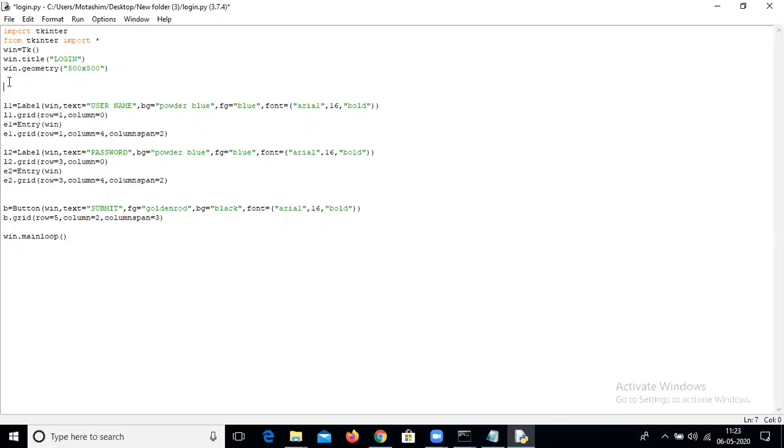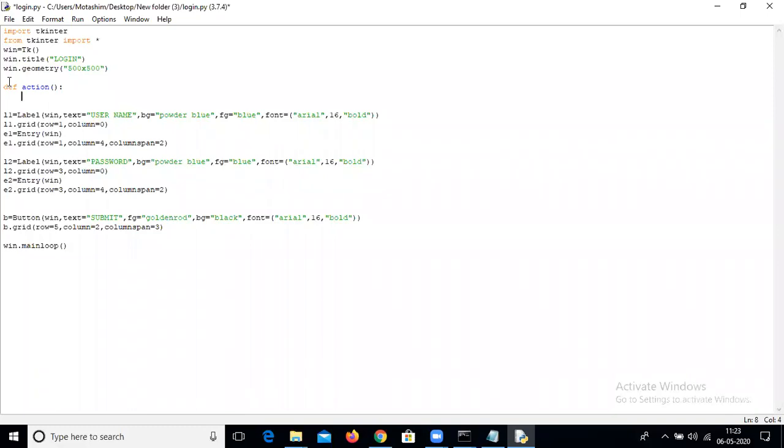Now write the function. We know how to write a function. Define action. This is the way of defining a function. Now, if our first entry field is e1, to fetch the value from e1 we use e1.get. If e1.get is equal to, suppose, git,